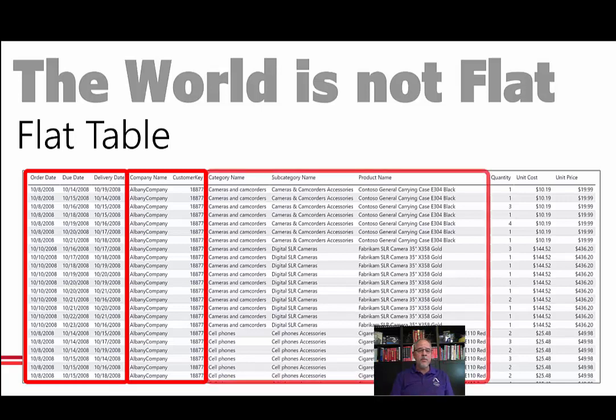We also have product information. So here I have three separate columns that are related to products. We have the category of products. We have the subcategory that further describes products below the category, and then we actually have the product name. It could be other information like the color and the size and the weight, but in this example, I just have the categorization of products.